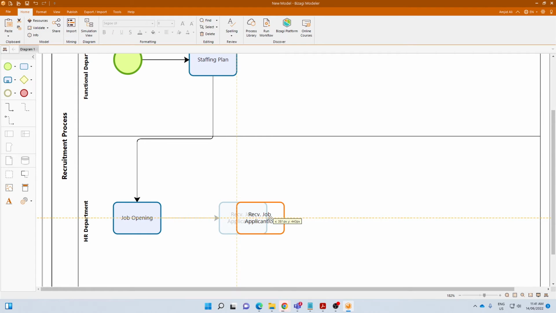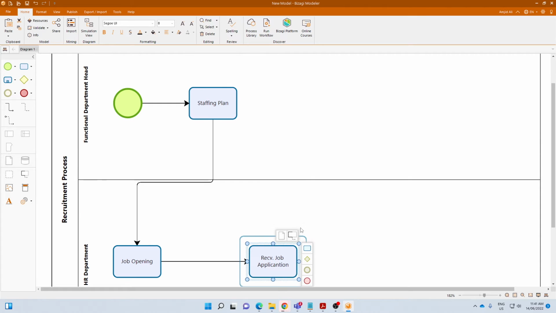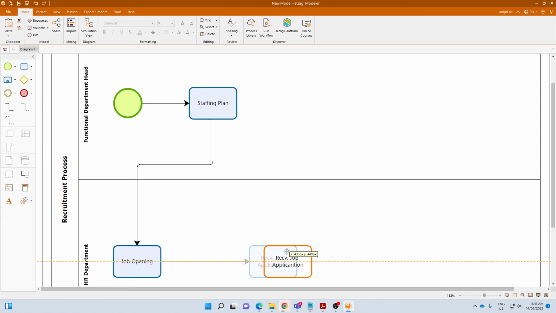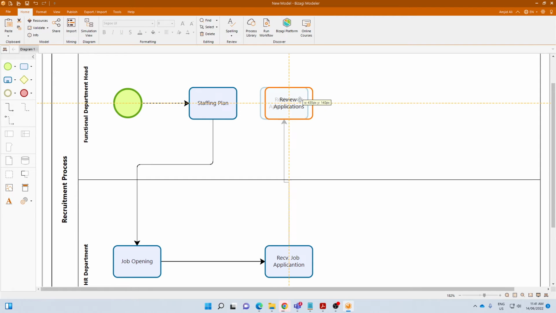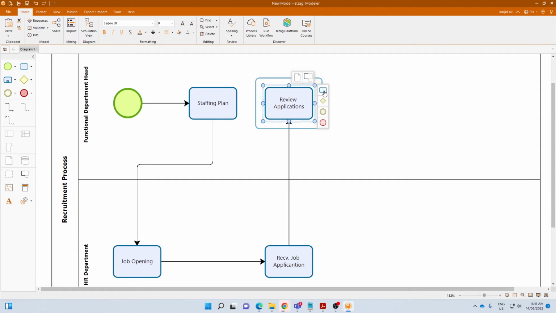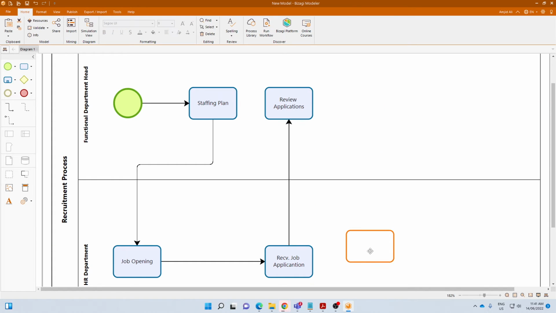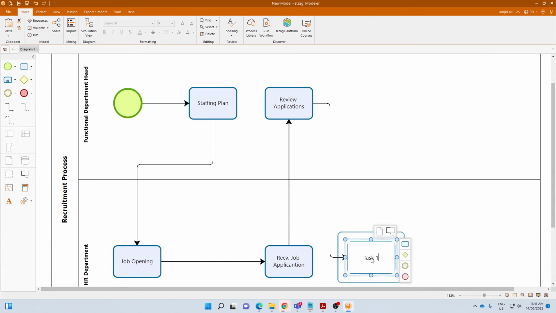When he receives them, he will shortlist based on the criteria provided to him, and then he will send the shortlisted candidates list to the requisition department. So he might do a review of applications, he will do this first screening maybe,